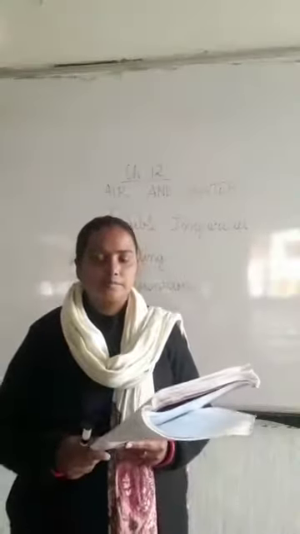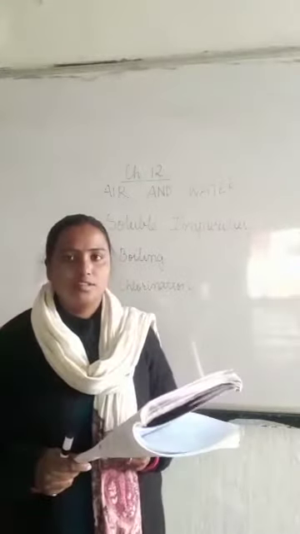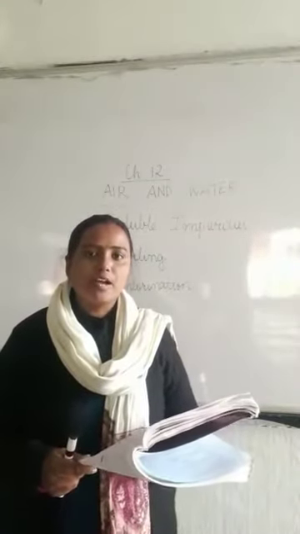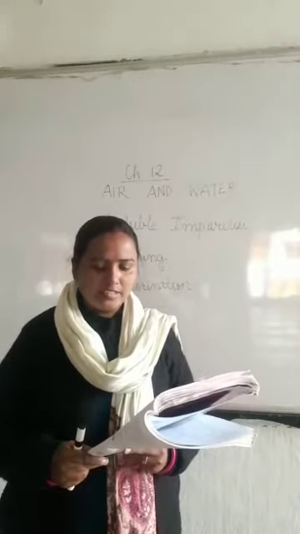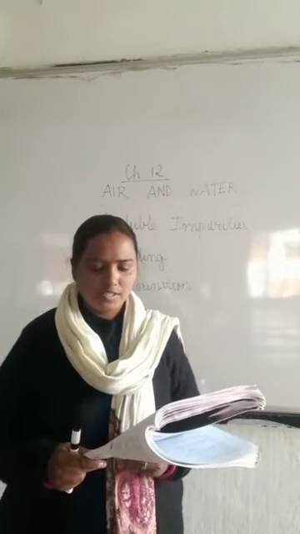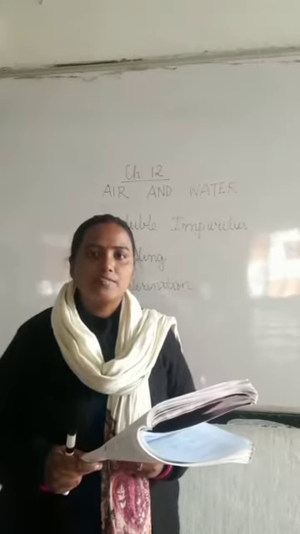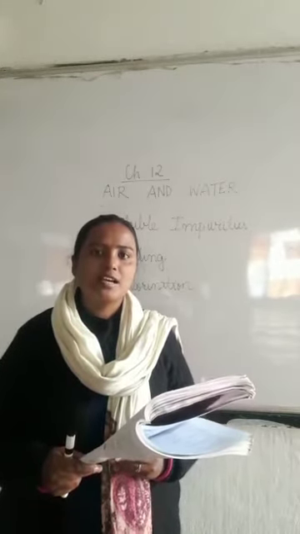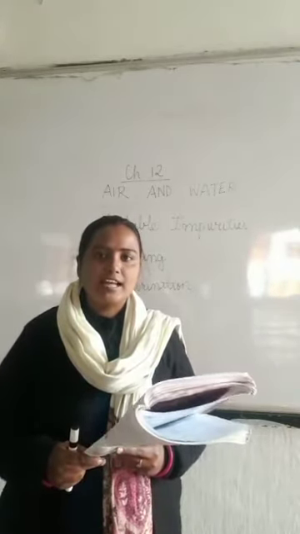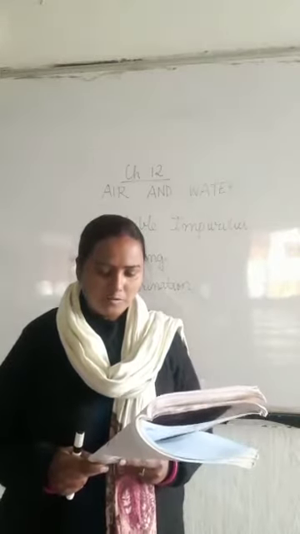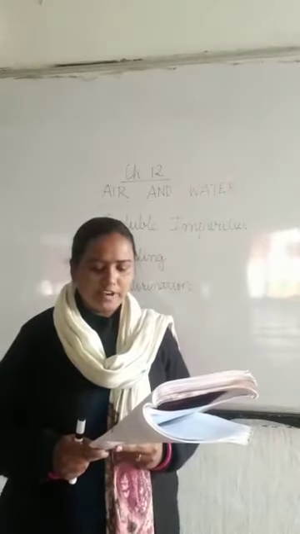Now chlorination. To kill germs, chlorine is added in small amounts to water. So to kill germs, chlorine tablets are added to water. The tap water that is supplied to our houses is chlorinated. The water that we get in our houses from the tap is chlorinated, which means the chlorine tablets are already added in big plants and then the water is supplied to our houses. We can also buy chlorine tablets from a chemist shop to disinfect water.